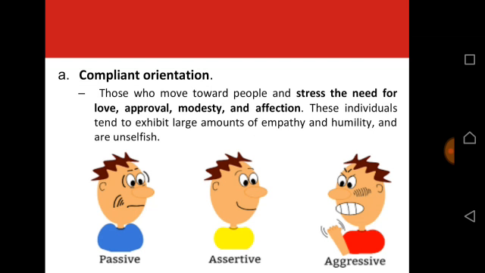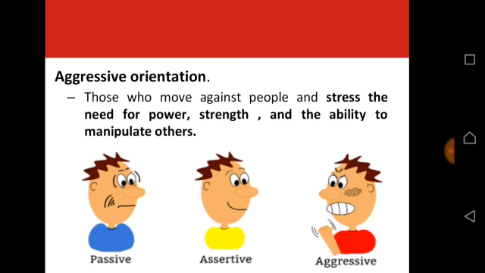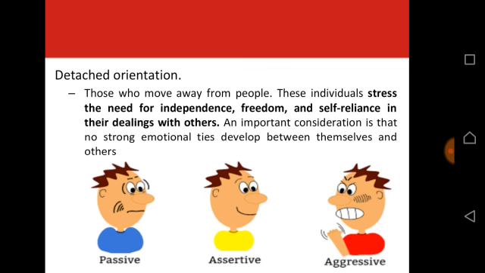Approval क्योंकि हम बात कर रहे हैं तो because it is safe to be brand loyal. They are kind of people who comply with every kind of thing. Therefore, they have been named as compliantly oriented. Aggressive orientation, as the name suggests, means they have aggression in them. They stress the need for power. They want strength, and of course, they try to win admiration through showing their aggression.